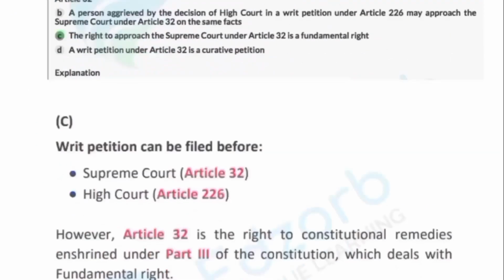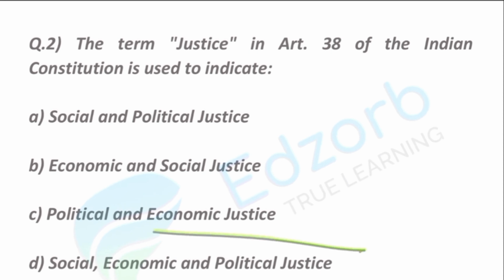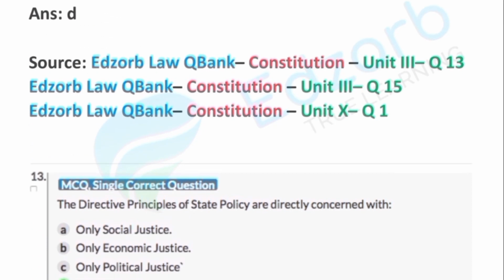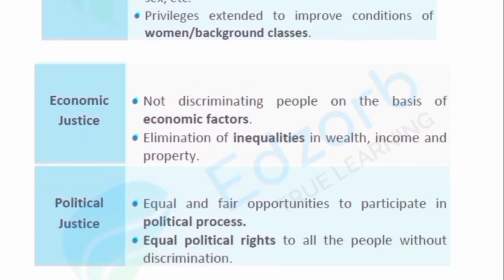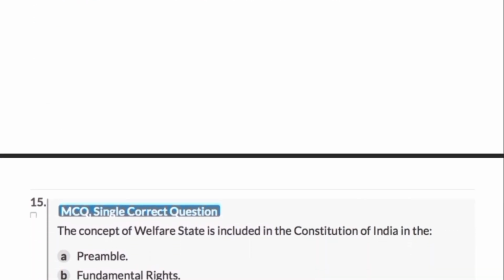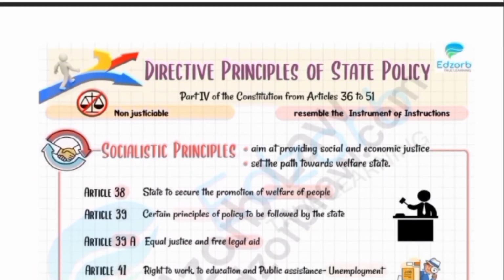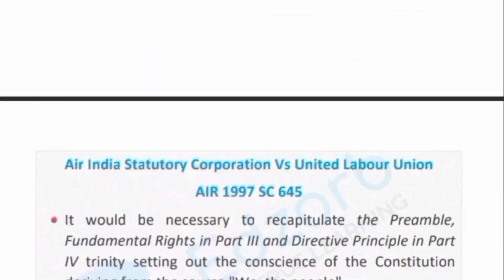And I'm sure that questions like the second one edge you to mark social, economical and political justice when it is concerned with Article 38, and I think you must have earned 1 point by marking the option D. However, as you can see, we have extensively covered Article 38 in our material and the question banks, which you can easily have access to the next time around.